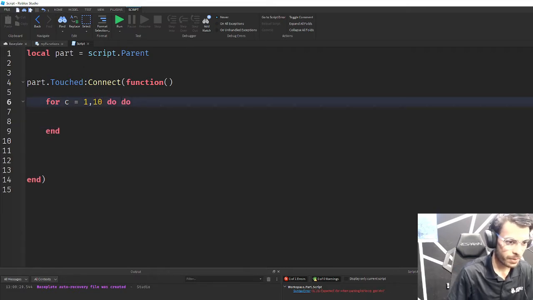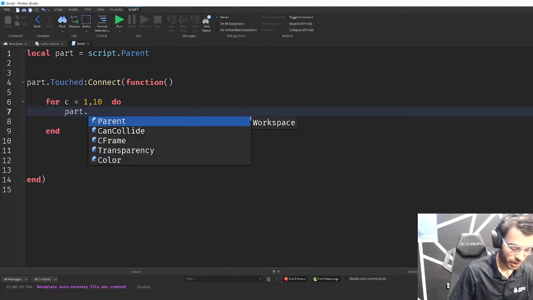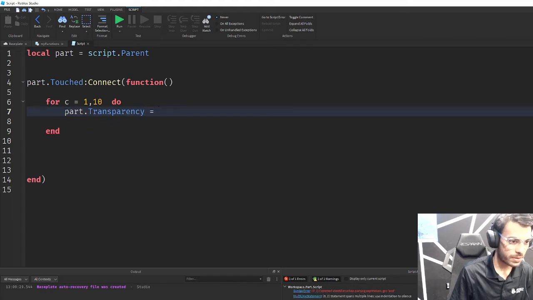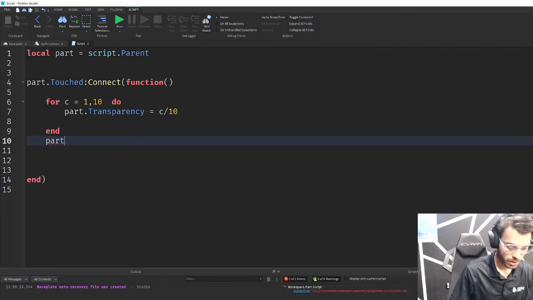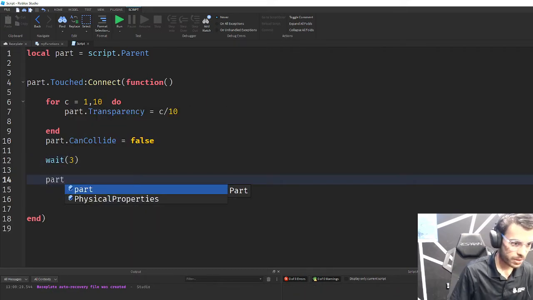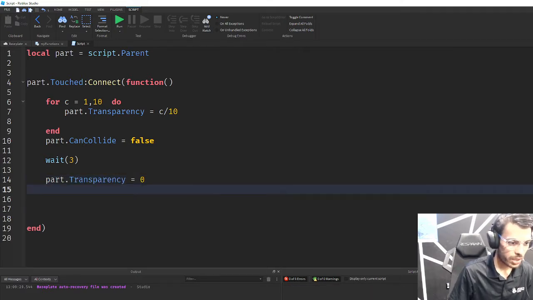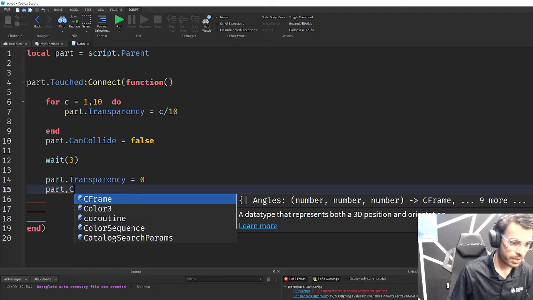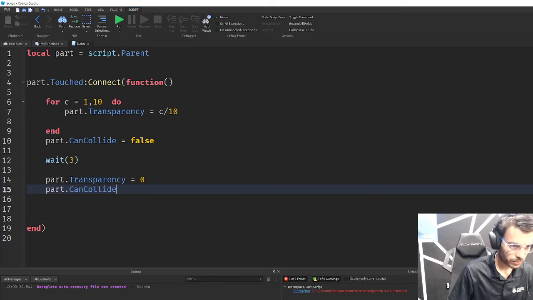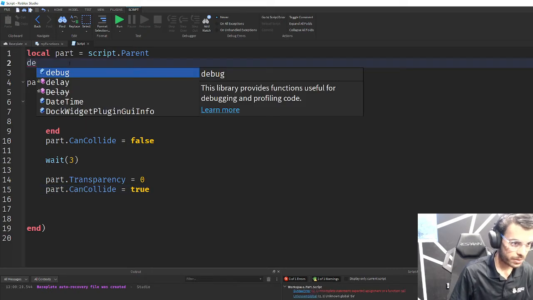excuse me, misspelled do here, part dot transparency is equal to c divided by 10, and then at the end you'll do parts dot can collide to false, and you'll wait 3, and then you'll do like parts dot transparency equal to 0, and then you'll do parts dot can collide equal to true, and then we'll probably need a debounce, so debounce